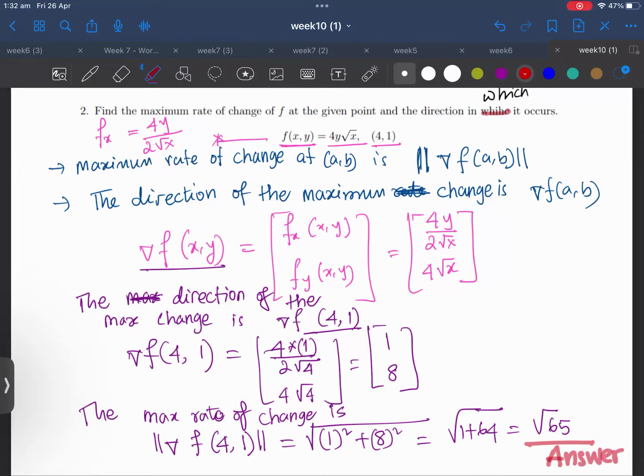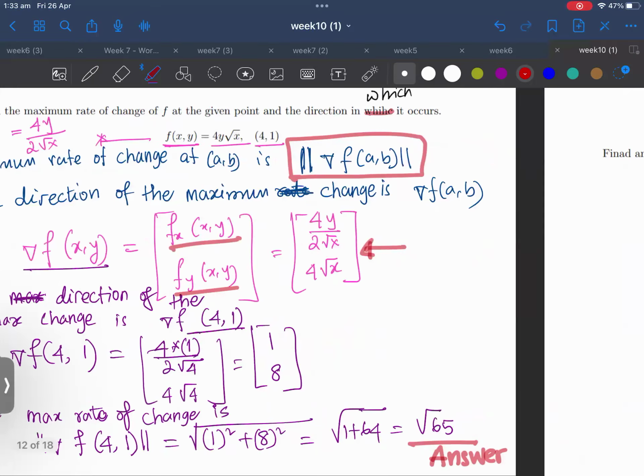So if you are asked to find the maximum rate of change, then just remember you need to find out the norm of nabla f(a, b) at the given point. And the direction of the maximum change is nabla f(a, b). That means nabla f(x, y) equals f_x(x, y), f_y(x, y). So find out the derivative with respect to x, derivative with respect to y, and then you will get this matrix like this. Okay. So next question we have,